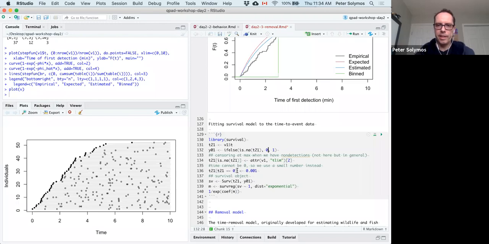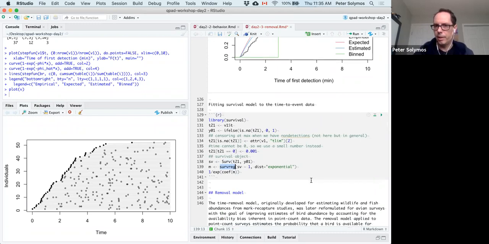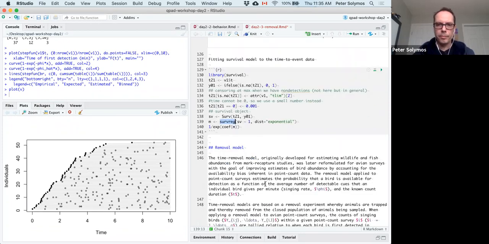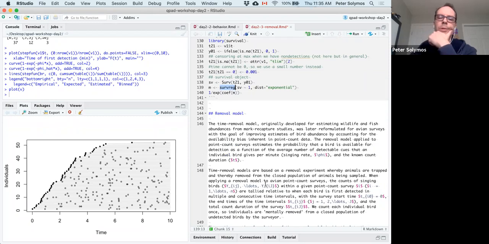And then once you have this data, how to put that together in a survival object and fit a survreg with some distribution to it. And then you would get a prediction for this rate that we are interested in. So this is just a side note on how you would use time to first detection to fit a survival model, which for some of you might be quite useful. So let's go back to the removal model,